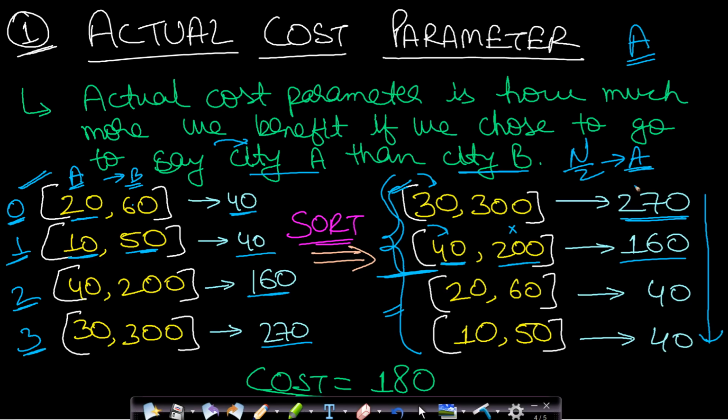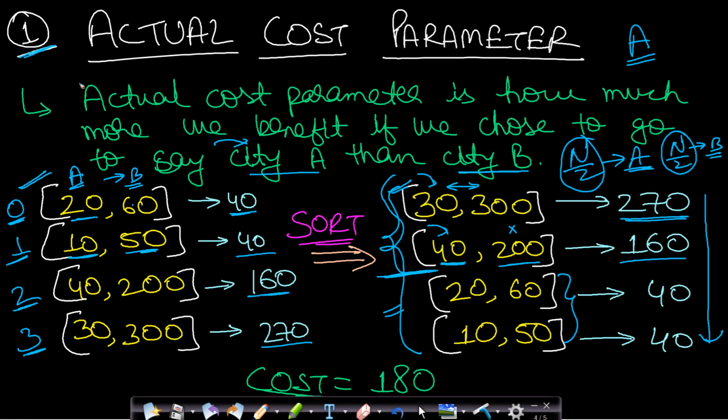Okay, so the first n by 2 elements will give you the maximum profit if you want to go to city A, and since you have already assigned n by 2 elements to A, the rest of the n by 2 elements will go to B, because the constraint also says that the rest n by 2 elements will have to go to city B. So if you take the profit margin as your actual parameter, then since your profit margin is decreasing, the rest n by 2 elements will always be optimal if you take them for going to city B. So this is the entire logic for solving this problem by using sorting.